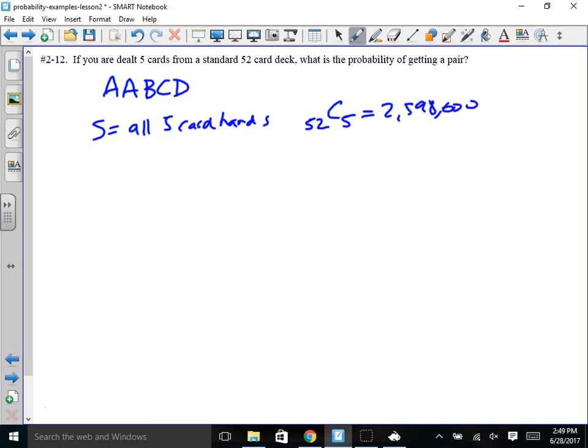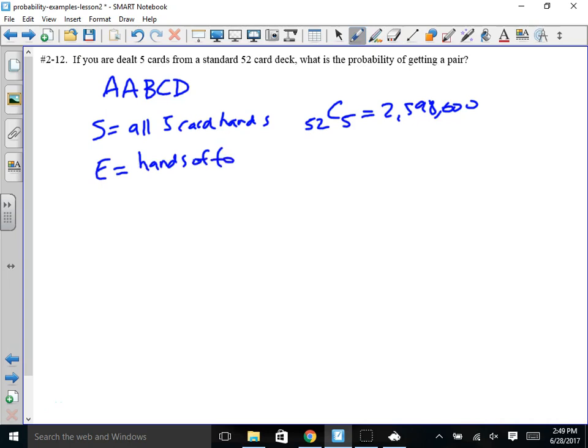600. So there are about 2.6 million 5-card hands that you could be dealt. So that's the sample space. Okay, for the event space, we have to specifically have all the pairs. Actually, not just all the pairs. It's all hands